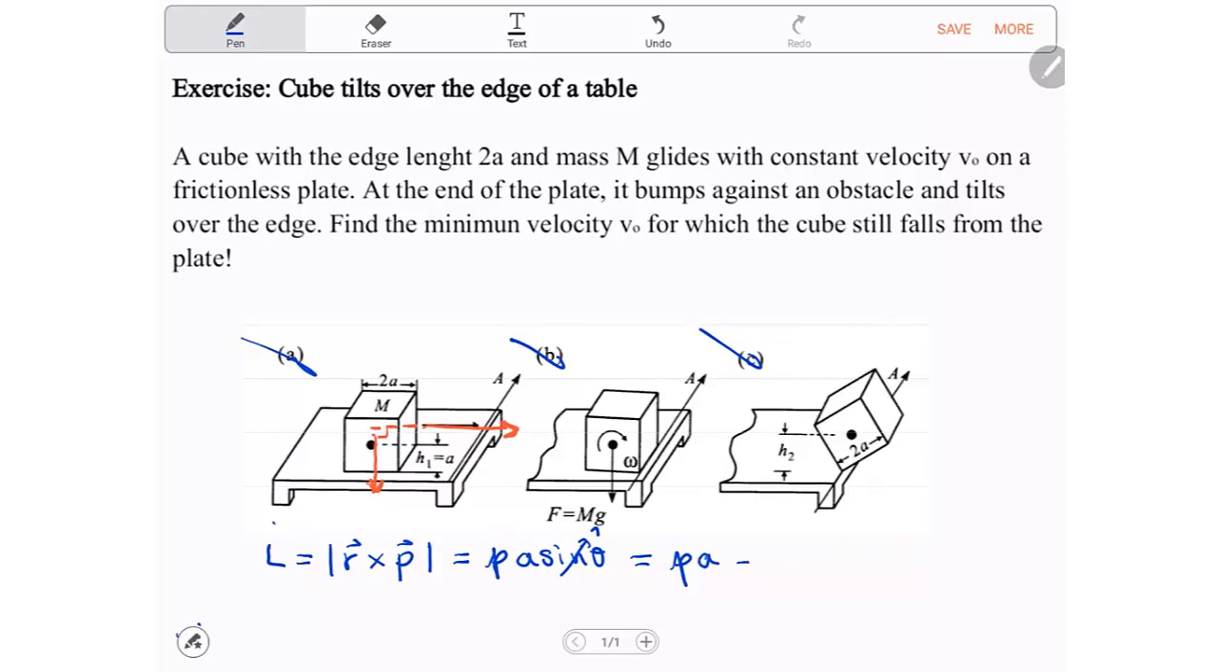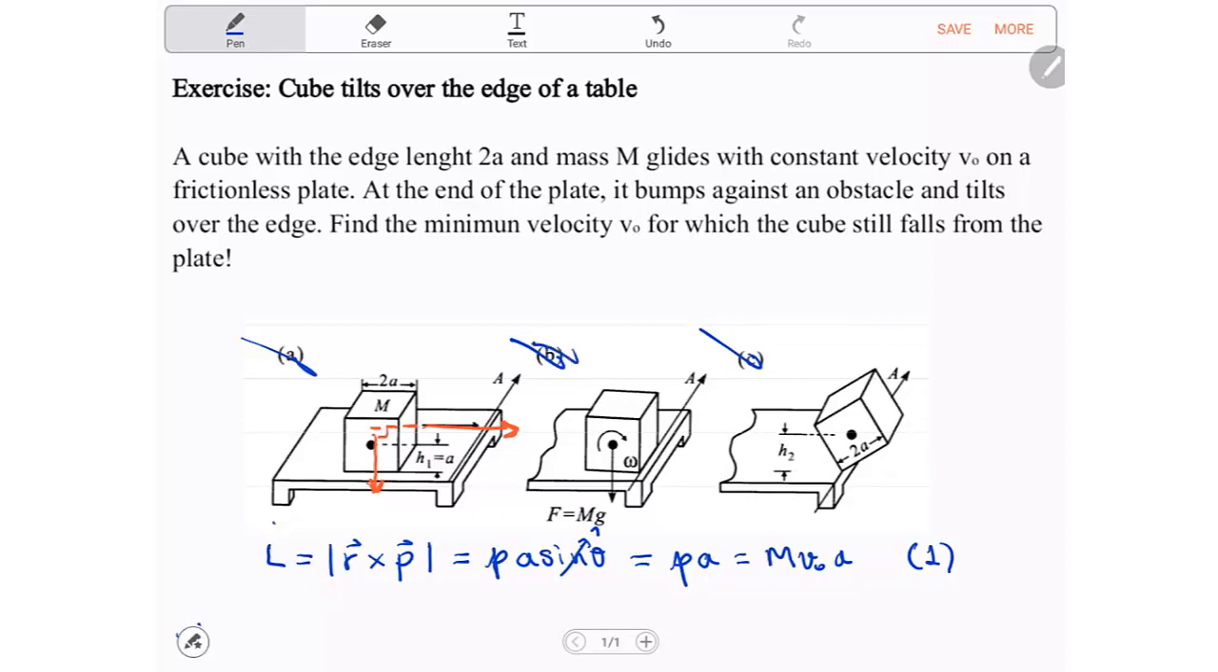But we know that p is the linear momentum, which is equal to mass multiplying velocity, times a. This is by definition. We can call this equation number 1. This is the angular momentum initially, but immediately after the collision, on the B part of the illustration, we will have